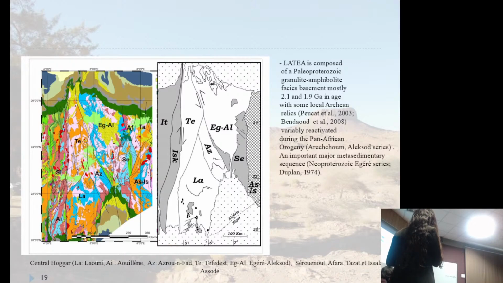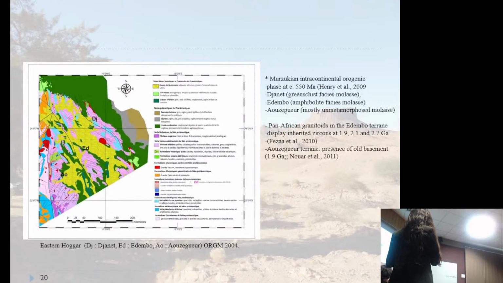So in this part of the Hoggar, there are two units that have been known and described for a long time. There is the basement, and there is what I would call a metasedimentary sequence. But we don't always find this and the rest. It is mostly known in this area. So the eastern part, I told you earlier that it has a specific story, mostly because